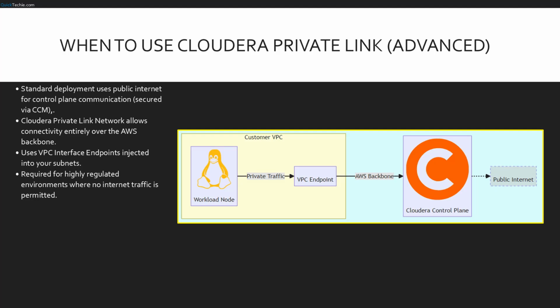Finally, for highly regulated industries, we have Cloudera Private Link. While the standard CCM tunnel is secure, it does traverse the public internet. Private Link replaces that path. It injects VPC interface endpoints directly into your subnets, routing all management traffic over the private AWS backbone network. This allows you to completely lock down internet access while maintaining a connection to the Cloudera control plane, meeting the